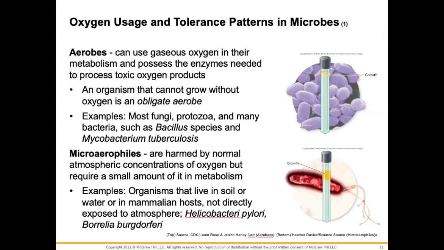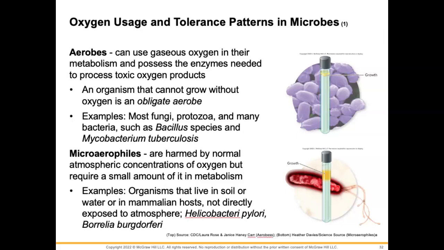So if it was living in normal atmospheric concentrations of oxygen, then that would be harmful to it. But the microbe does require just a little bit of oxygen in its metabolism. Examples that live in the soil or the water, not directly exposed to the atmosphere: